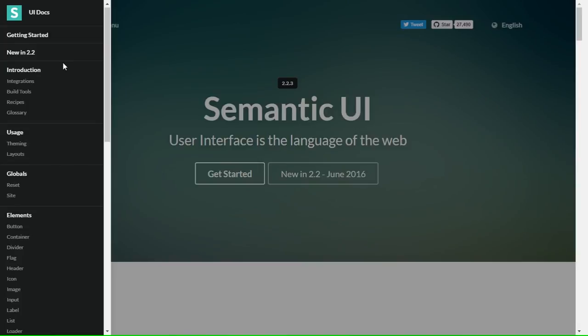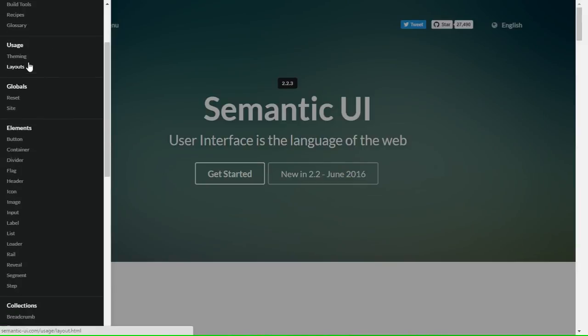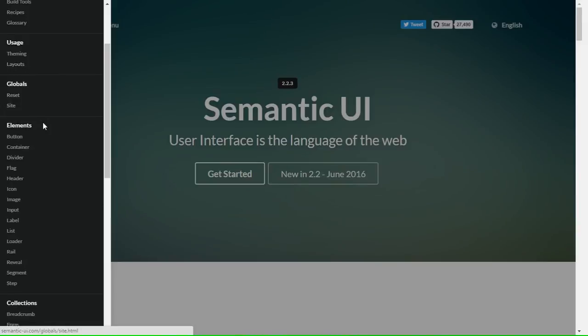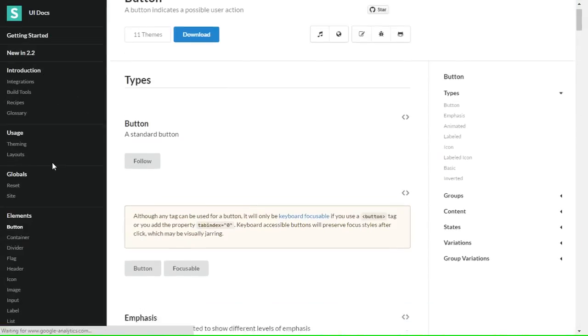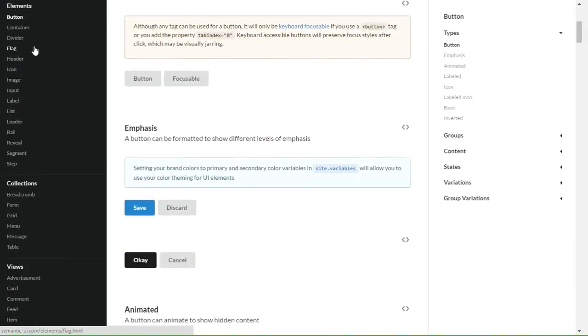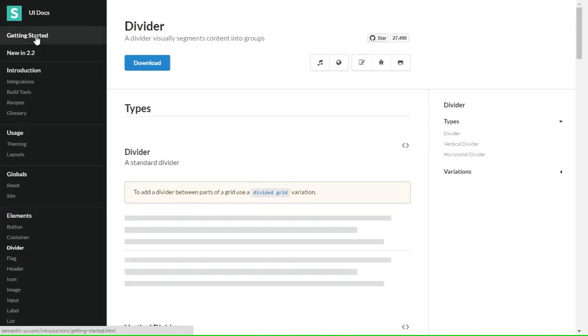You should know how to go through documentation, because that's how I learned to code. I didn't just go through all of these videos, but what I actually did was go through the documentation and some of the tutorials on the internet. But I thought letting you code would be a better option. So I thought I would go over some different elements, so that I can tell you guys what exactly that particular thing is.